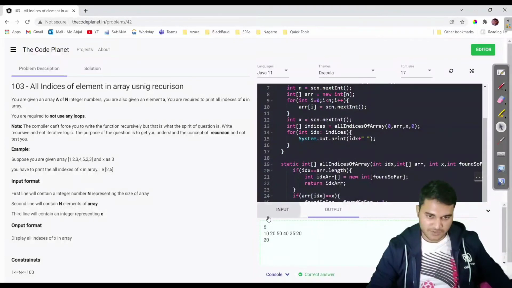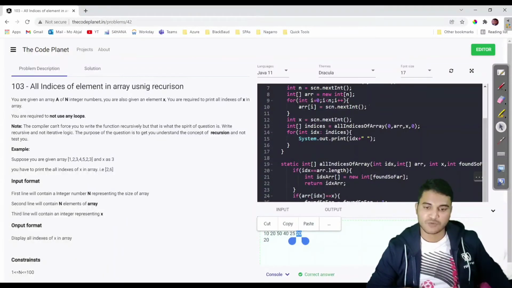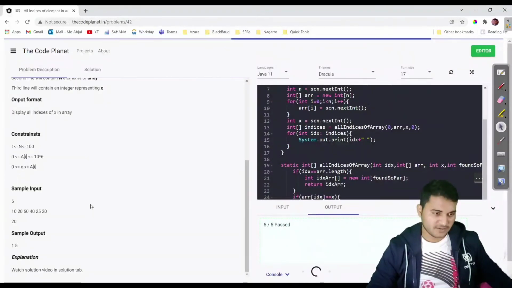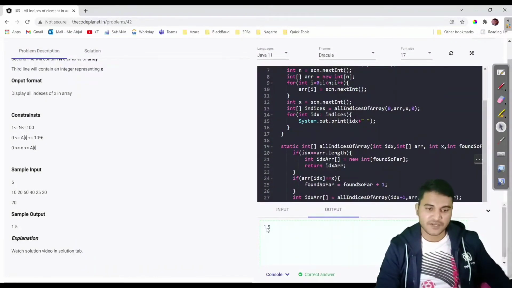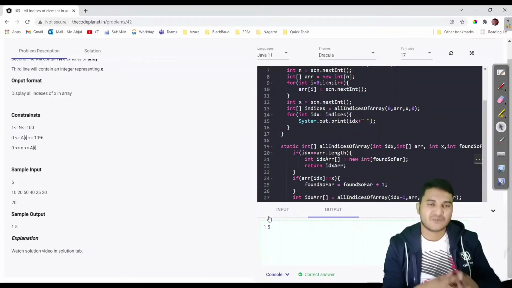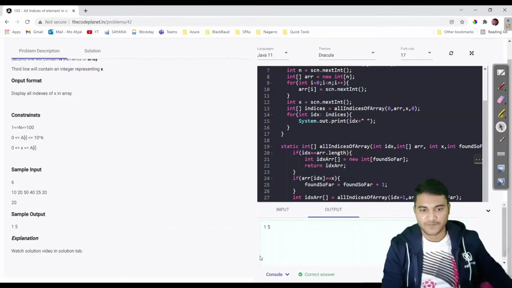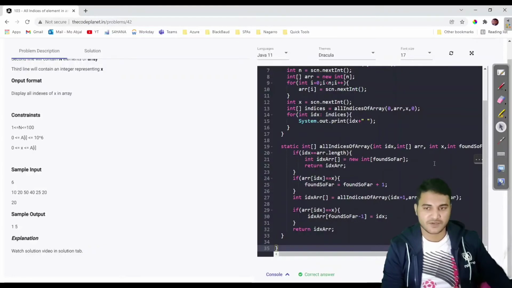So input is 10 20 50 40 25 20, and we are searching for 20. So output should be: 20 is here and also here. There are 6 elements, so indexes 1 and 5. So 1 comma 5 should be the answer, and the expected output is also 1 comma 5. As you can see, we are getting 1 comma 5. That means our code is working fine, and let us try to analyze why this code is working fine.